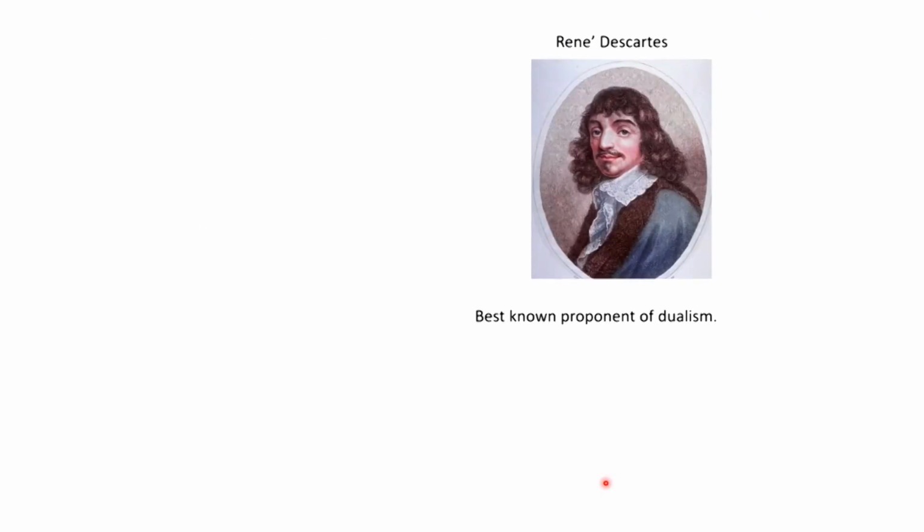Historically, the idea of dualism has been more favored in the past. And one of the most famous proponents of dualism was this French scientist and philosopher René Descartes. Some of you are probably familiar with his name. He is the one after whom the Cartesian geometry is named. So he was also a mathematician in addition to being a scientist and a philosopher. He's also the one who gave the famous quotation, "I think, therefore I am." So he was a well-known philosopher of his time, and he had also done quite a bit of remarkable work